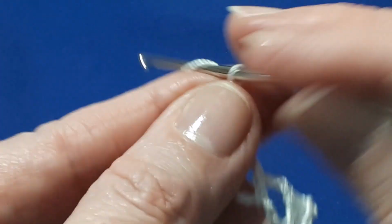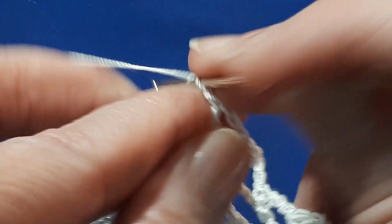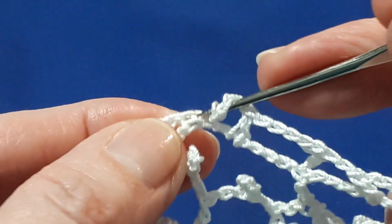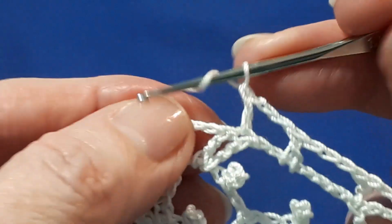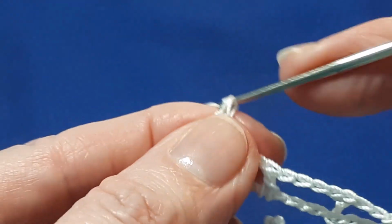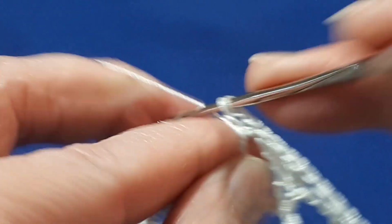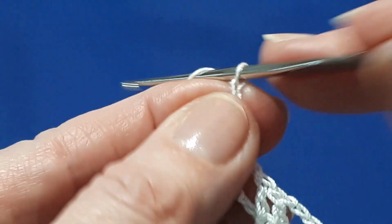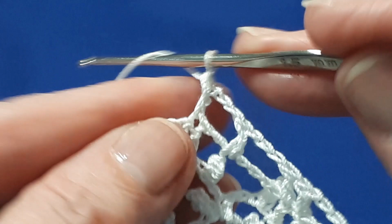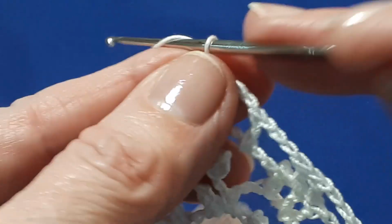Chain 3, again double crochet into your 7 chain space, chain 3, and double crochet into each of the next 2 stitches in the row below. Chain 3, double crochet in the 7 chain space, chain 3, double crochet in each of the next 2 stitches in the row below, chain 3,